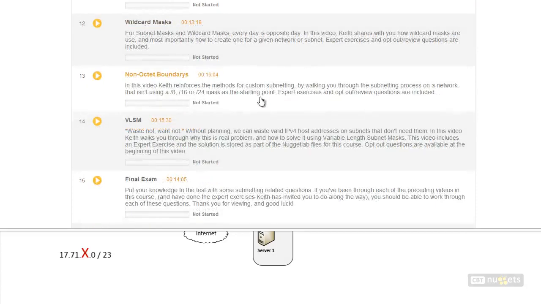In non-octet boundaries, we'll take a look at how to start our custom subnetting somewhere in the middle, not on a clean octet boundary, and that's a really important precursor to doing the job of variable length subnet masking, where together we'll walk through soup to dessert, the actual carving out of a variable length subnet masking plan, and at the end of that video, if you follow all these with me, you'll be able to do the exact same